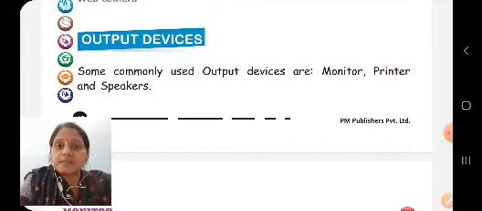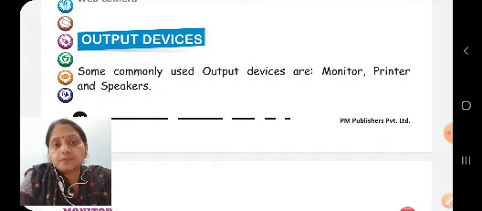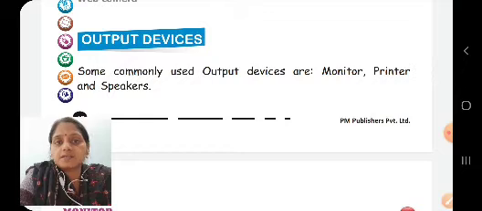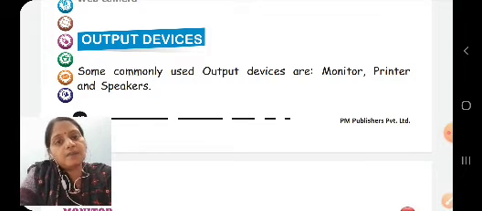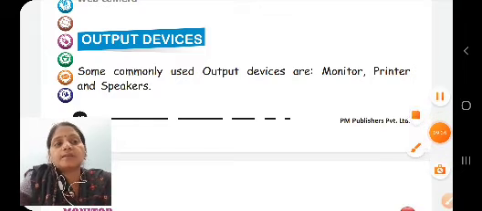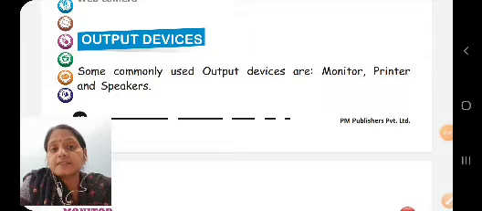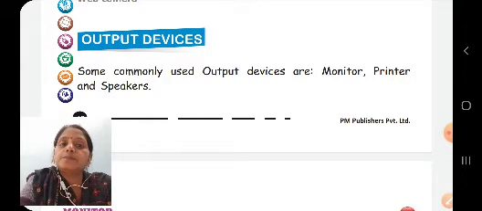So children, once again, input devices. The set of instructions given to the computer to perform any work is called input, and the devices used to give these instructions are called input devices.